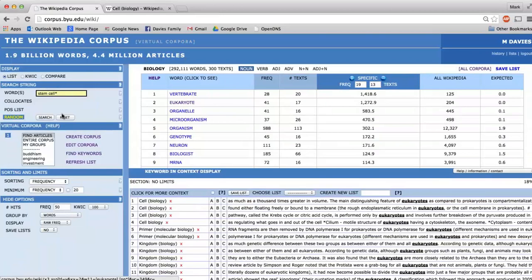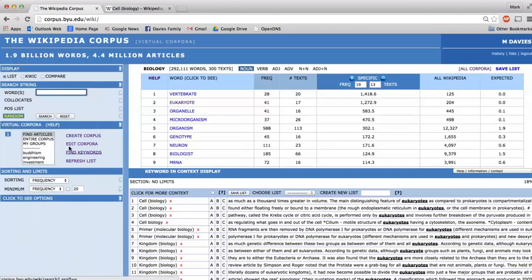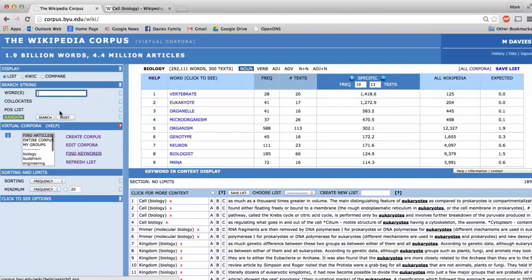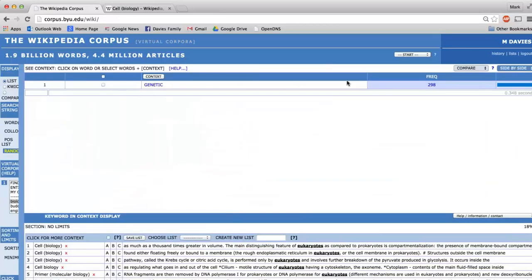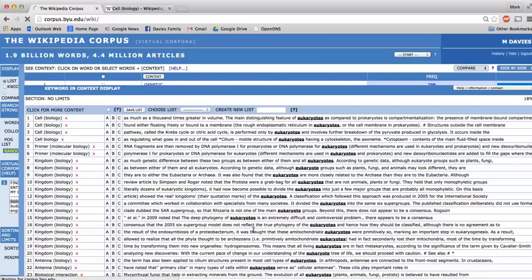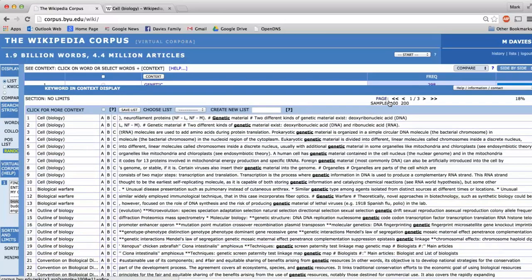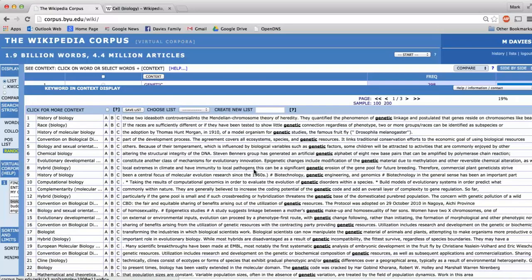All right, once we've created a corpus, in addition to finding keywords, we can also search within that corpus. So what I'm going to do now is I'll look for a word, for example, genetic. I'll indicate that I want to look just within biology, and it says that it occurs 298 times. I can click on that word and see all of the tokens where it's used in my 300,000 word biology